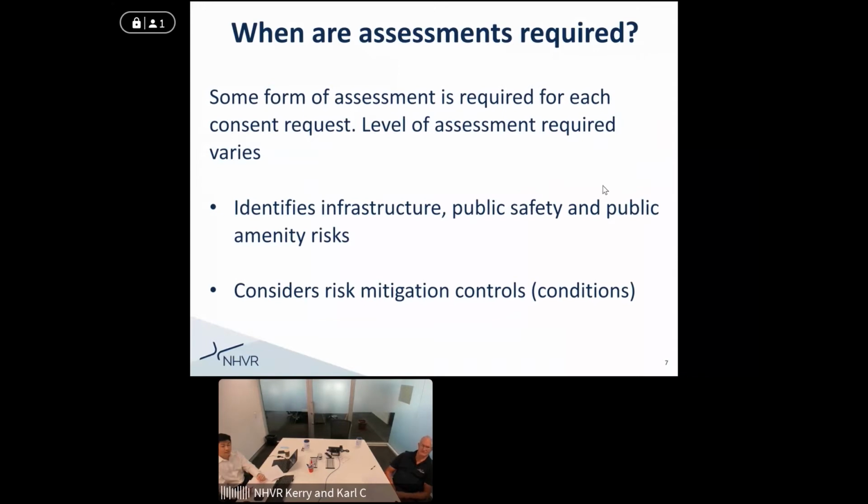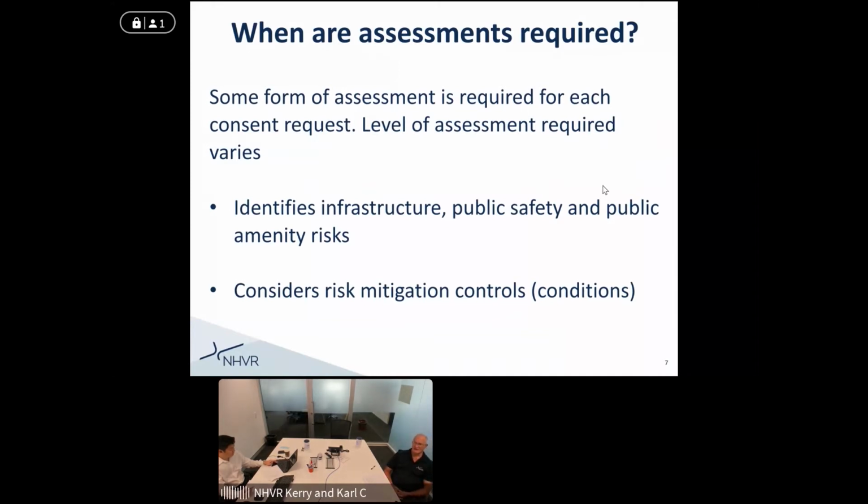So when you do an assessment, you identify infrastructure, public safety and public amenity risks. And then you consider risk mitigation controls, so conditions to mitigate those risks. So,